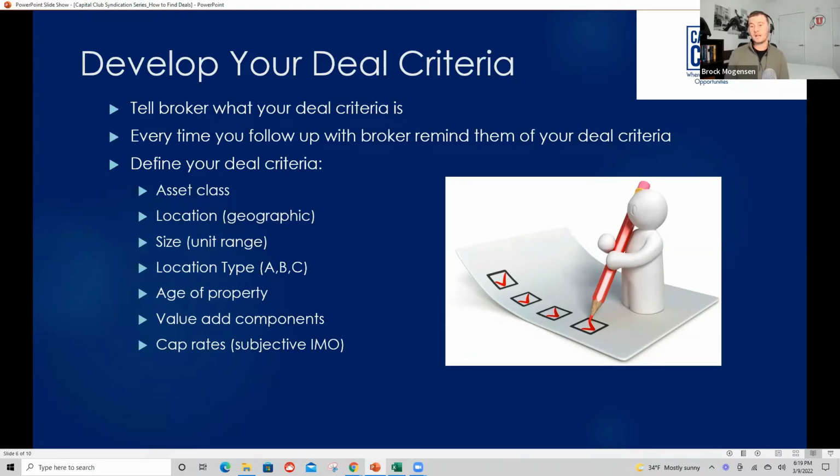When I send follow-up emails to our broker list, usually once a month, I usually have bullet points in there like, hey, just a reminder, is this the type of deal we're looking for? A, B class apartments or whatever it is. So they know each time, because they're going to forget. Right now, brokers have all the power. They have tons of buyers hitting them up. You want to set yourself apart and show them that you're a professional and you know what you're doing.